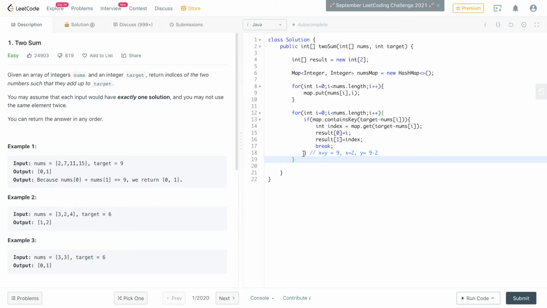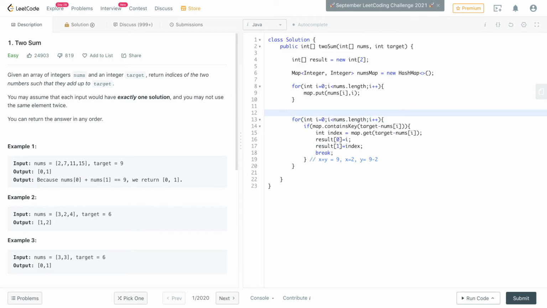And there is one issue with this logic. We need an additional condition check. Why do we need it? Because in the question, it's specifically mentioned that we may not use the same element twice. So let's say our target is 6 and the current element is 3.